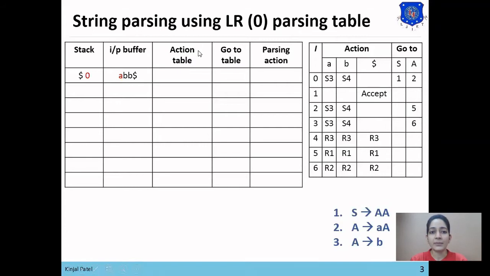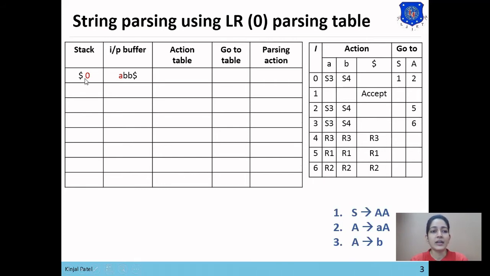In the action table, the operation on terminal symbols will be stored, and in the go to table, the operation on non-terminals will be stored. And the parsing action is used to store the value of the production rules which we want to reduce. Now to parse the string, there are two possibilities: either we can shift that input symbol to the stack, or we can reduce that input symbol to its non-terminal symbol.